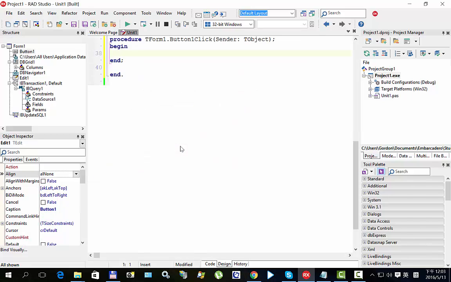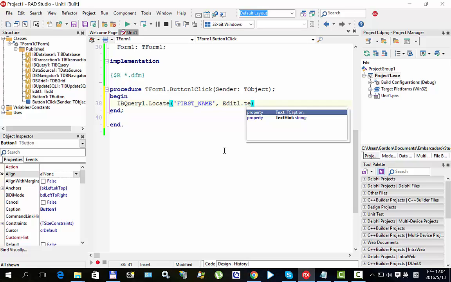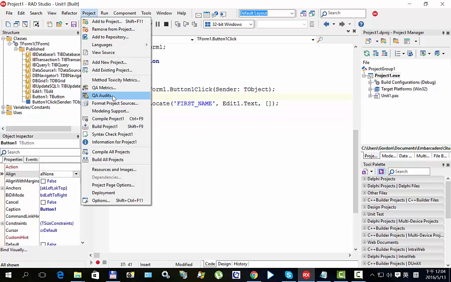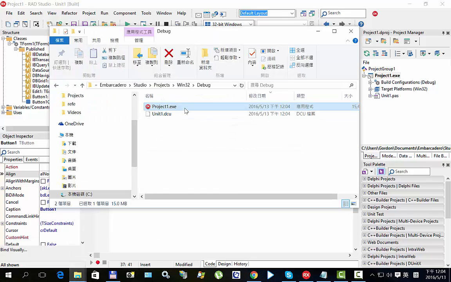So in order to do that, we can double click the button, and we can use very easy code, because there's a Locate method inside the IBQuery component. We can just locate what we want to search. For example, we want to search the first name here, and we want to search the value typed in the TEdit control, and search any data that matches what we type in. Okay, so now we can just compile this application,